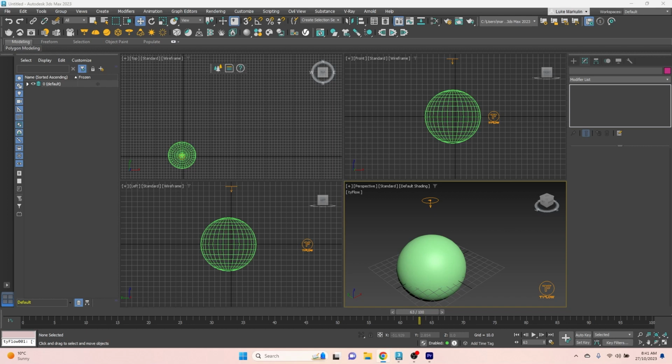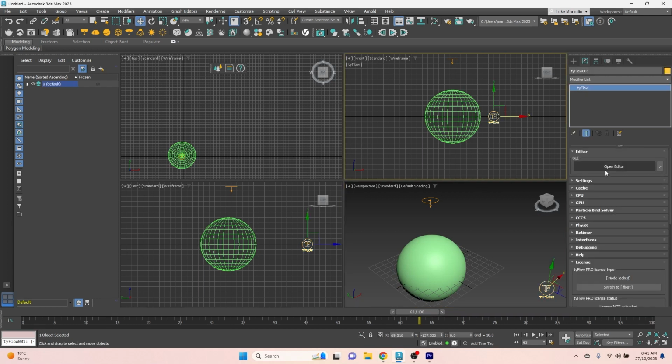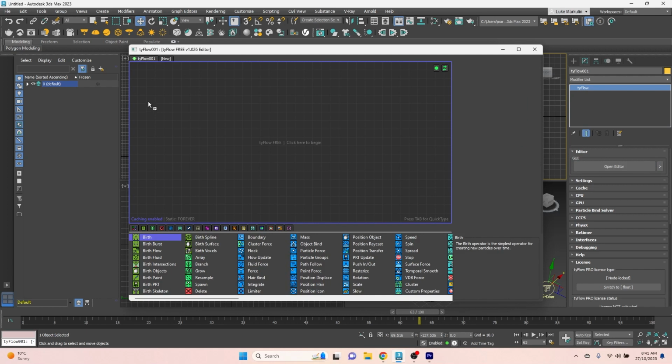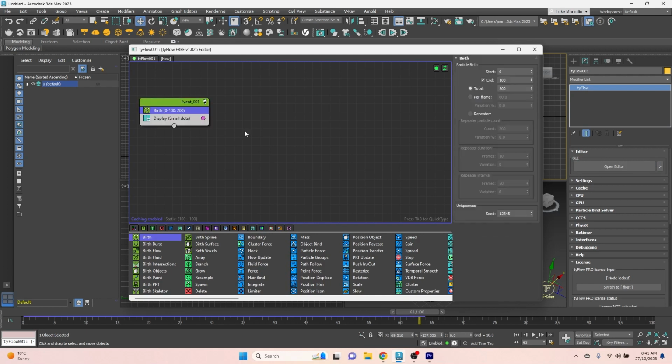So what you need to then do is open up your Tyflow. So click on Tyflow, open editor, and we're going to birth. Okay, so to birth,